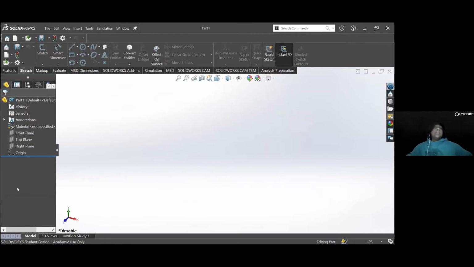Okay, so here you have your feature design tree. And the feature design tree basically tells you